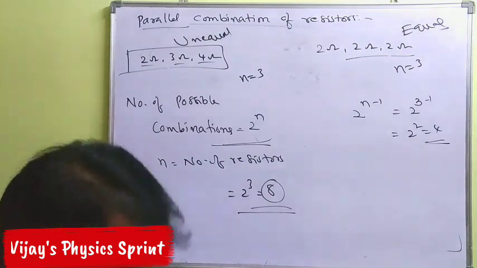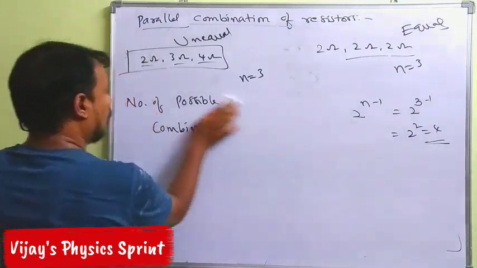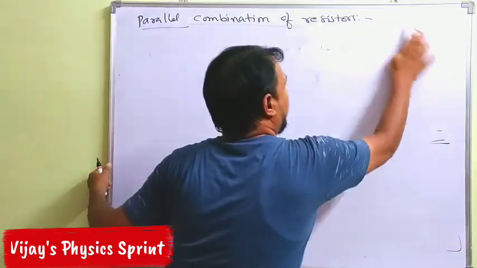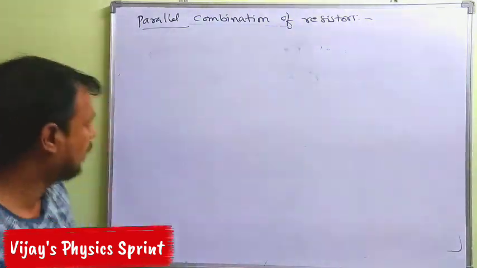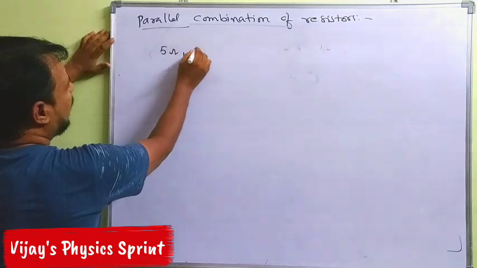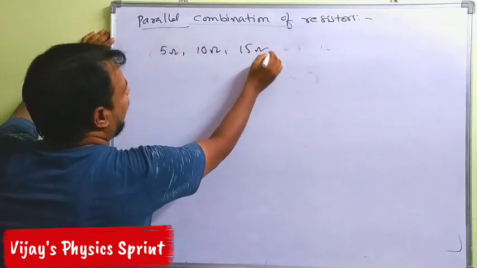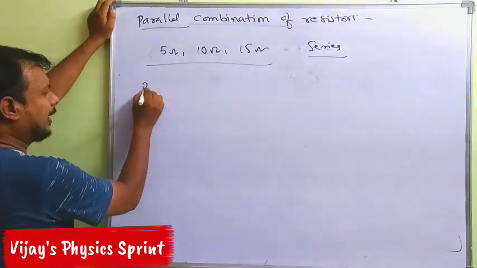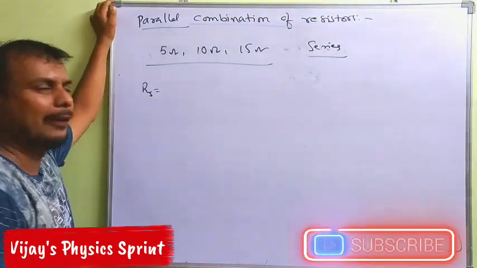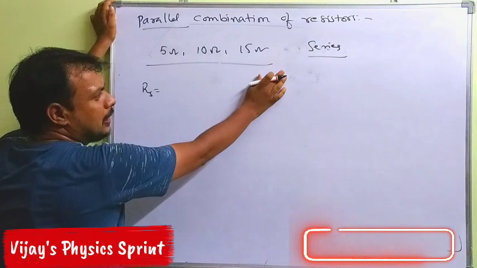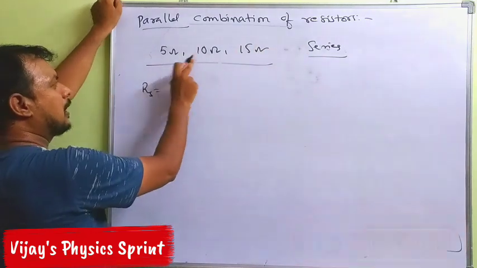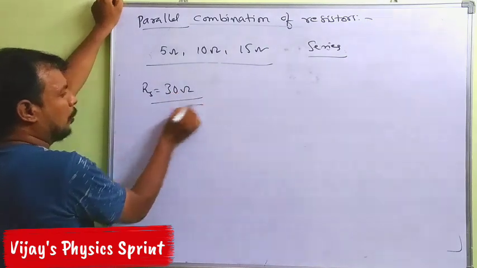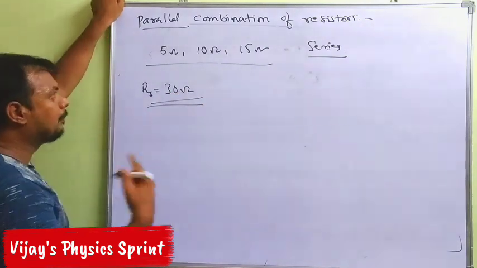One more point. Right? See, easy calculation. 5 ohms, 10 ohms, 15 ohms connected in series. Then what is the effective resistance? Effective resistance means you can add all the resistances in series, right? 5 plus 10 is 15, 15 plus 15 is 30 ohms in series. In parallel,